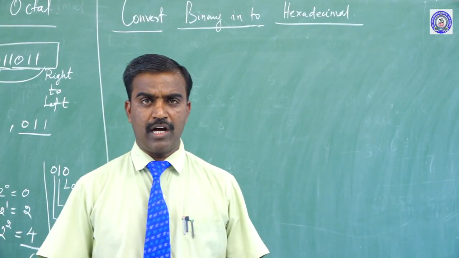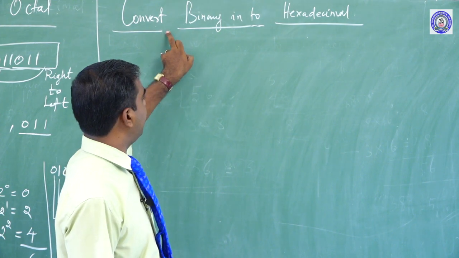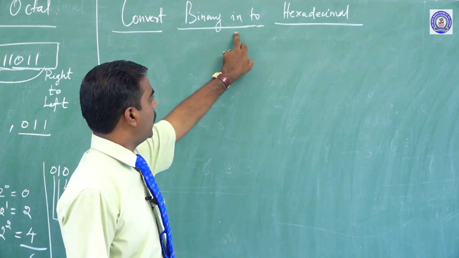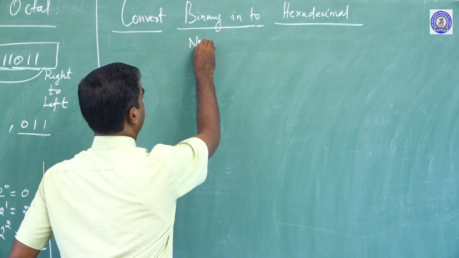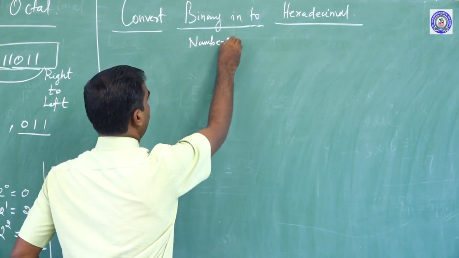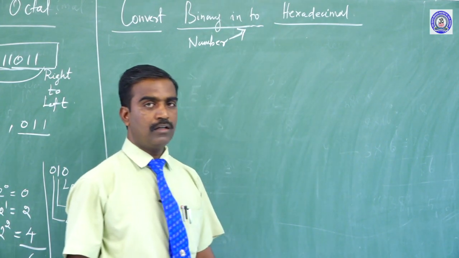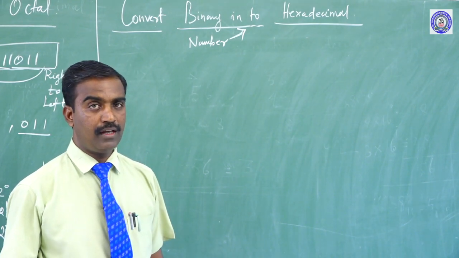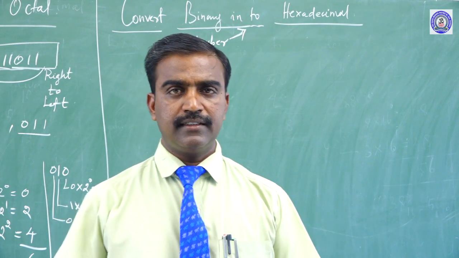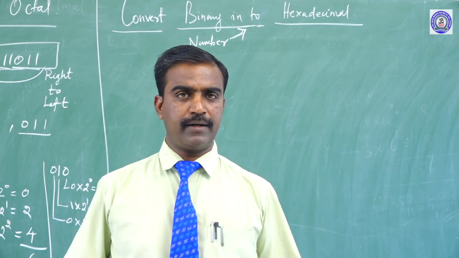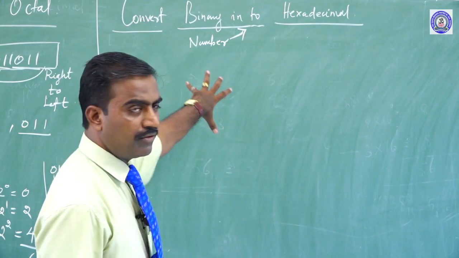Okay. Can I start now? In this method we will now see how to convert a binary number into a hexadecimal number. Okay. Can I do one example now? After that, once these types of conversion are over, then can I talk to you? Before that, we will see this method only.